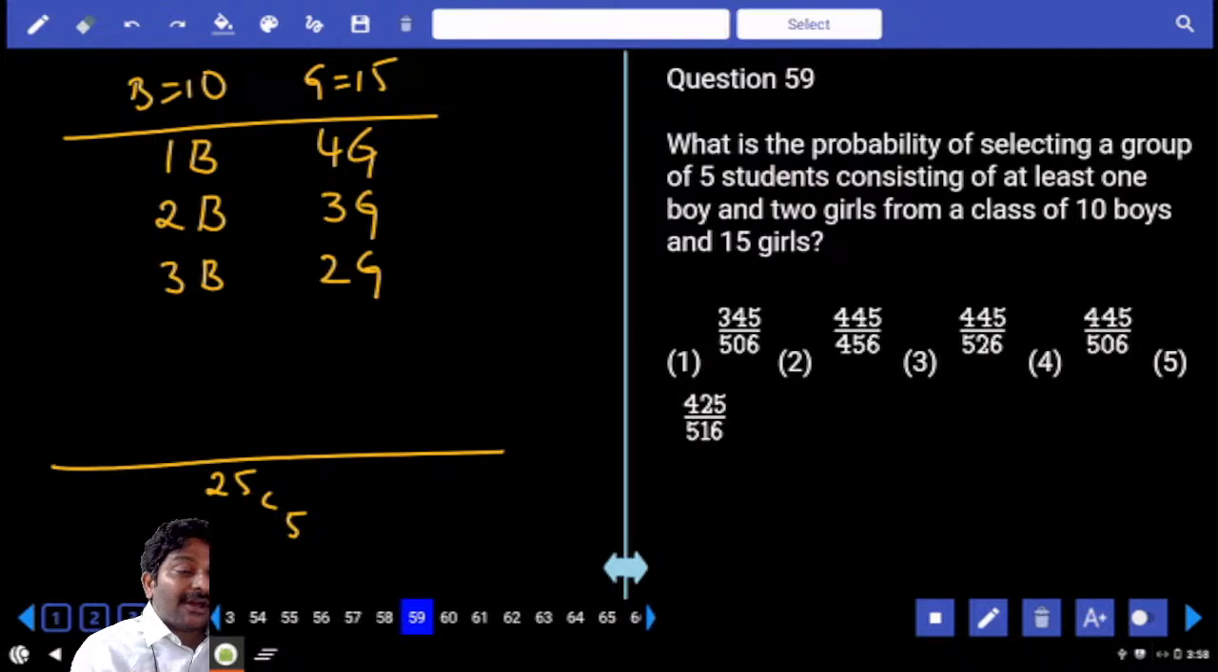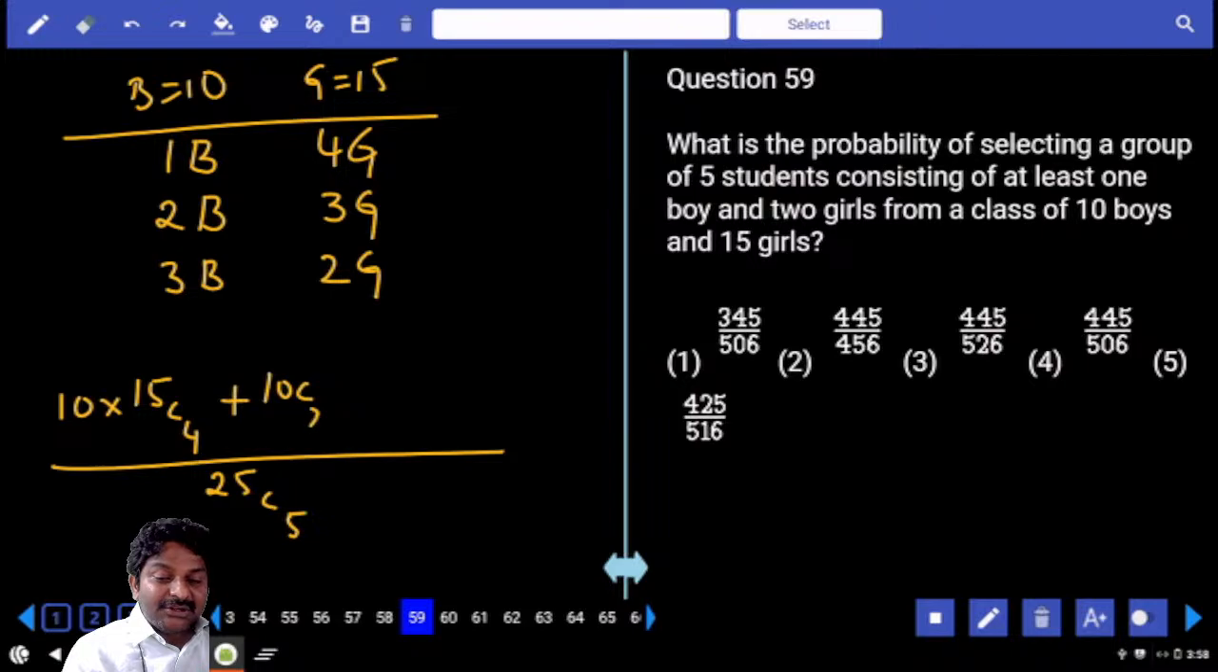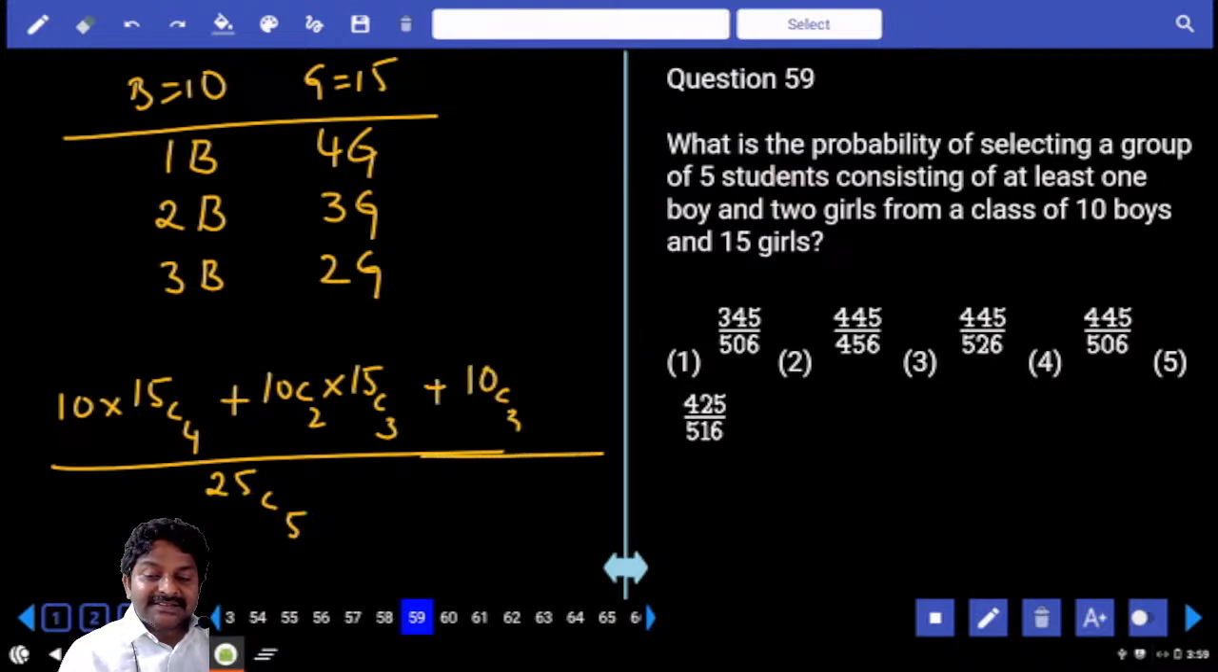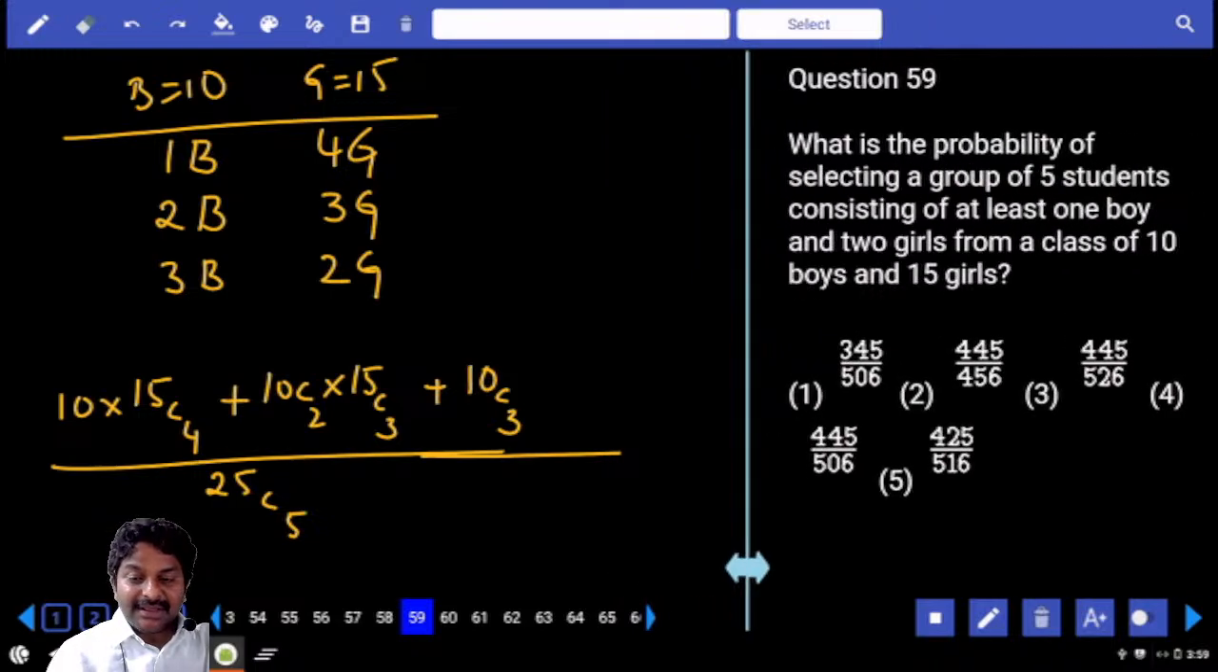First combination, 1 boy out of 10 boys, 10C1, which is 10. 4 girls out of 15, 15C4, plus 10C2 into 15C3. 3 girls out of 15. 10C3, 3 boys out of 10 boys, and